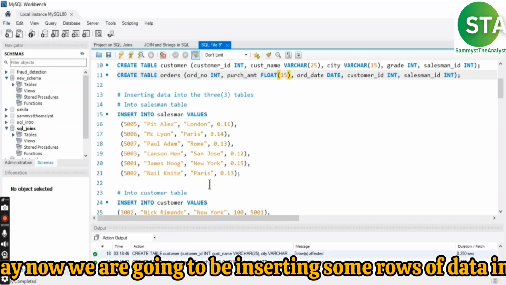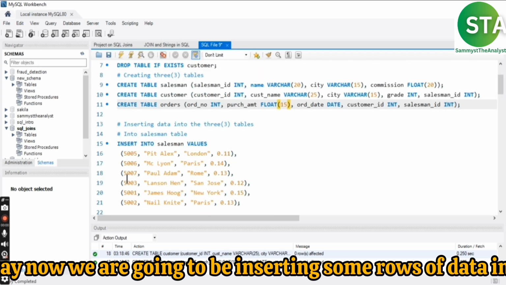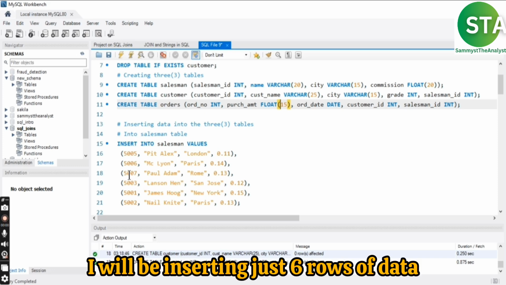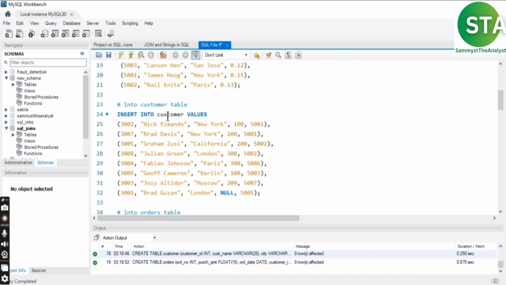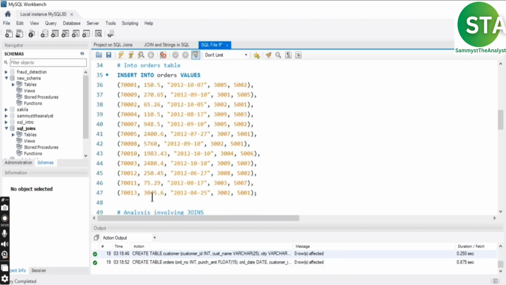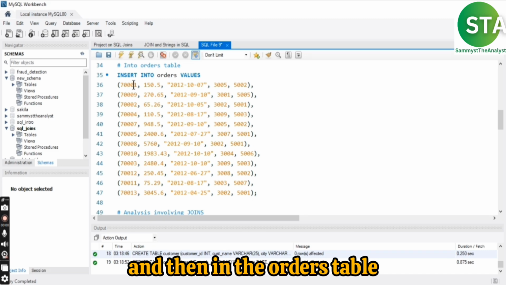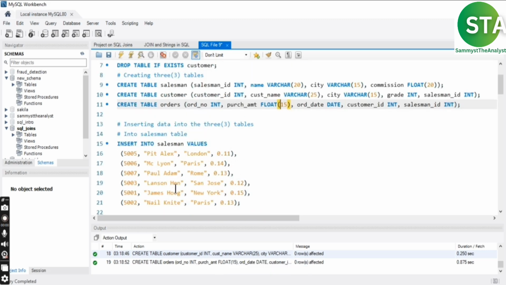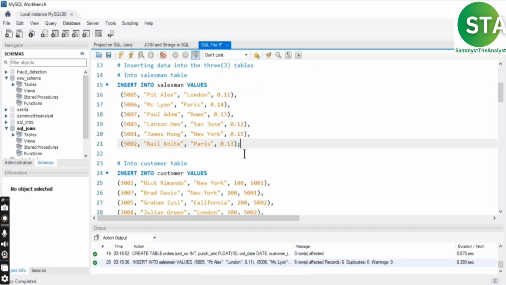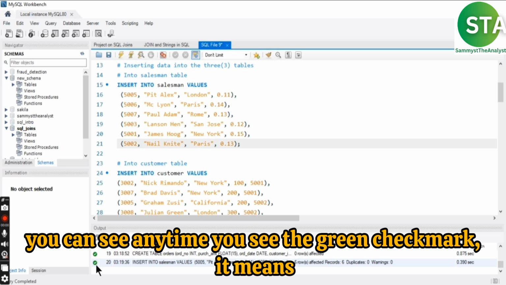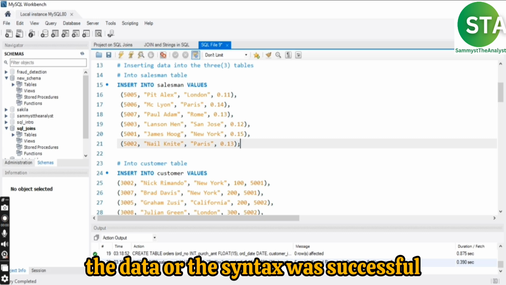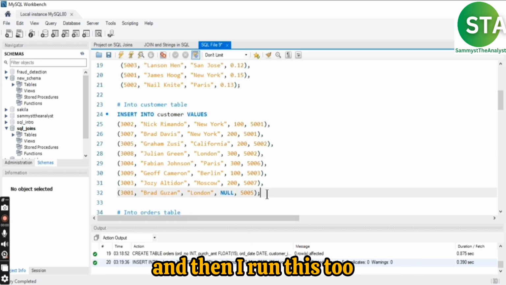Okay. Now we are going to be inserting some rows of data into each of the tables. Now in the salesman table I'll be inserting just 6 rows of data. In the customer table I'll be inserting 8 rows of data, and then in the orders table I'm going to insert 12 rows of data. If I run this, you can see anytime you see the green check mark, it means the syntax was successful. Okay, and then I run this too,